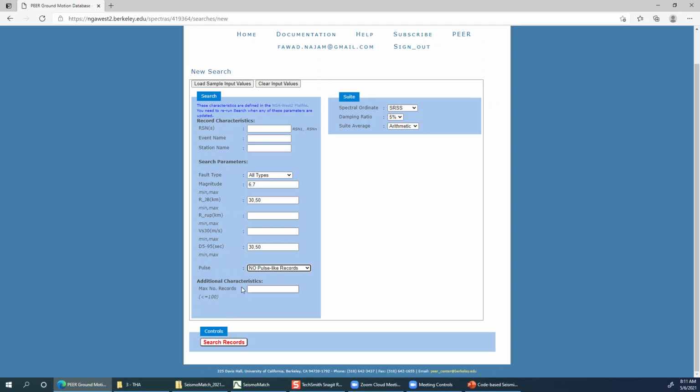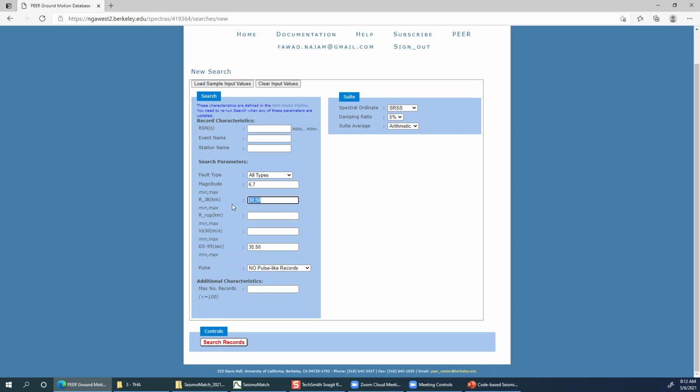And then the maximum number of records which meet these criteria, maximum they can be 100. There is no need to give all the criteria. If some criteria is left blank, the program will still give you the values, but it will not consider that criteria in the selection.